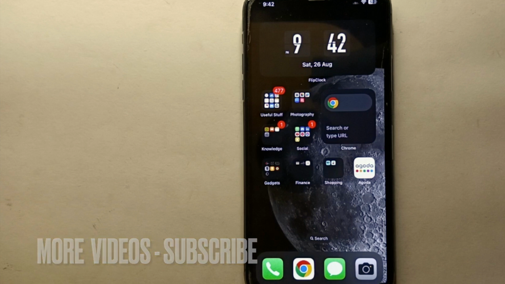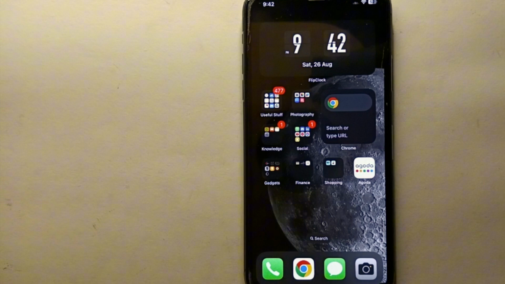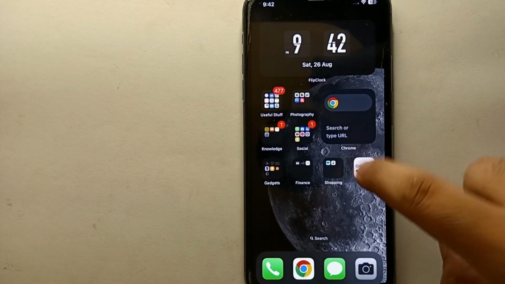on the Agoda app. Also, I will try to leave written instructions in the description so you can check that as well. First, you have to make sure that you have already installed the Agoda app, and if you have not installed it yet, then you can install it from Google Play Store or App Store. Once the app gets installed, make sure you have created your account on it and you are also logged in with your account. Once you're done with all these things, just simply tap on the icon of the Agoda app to open